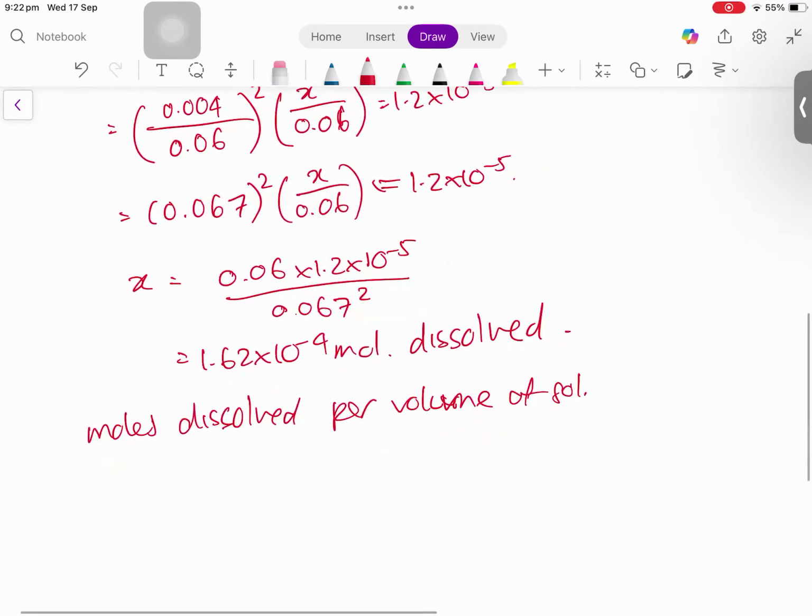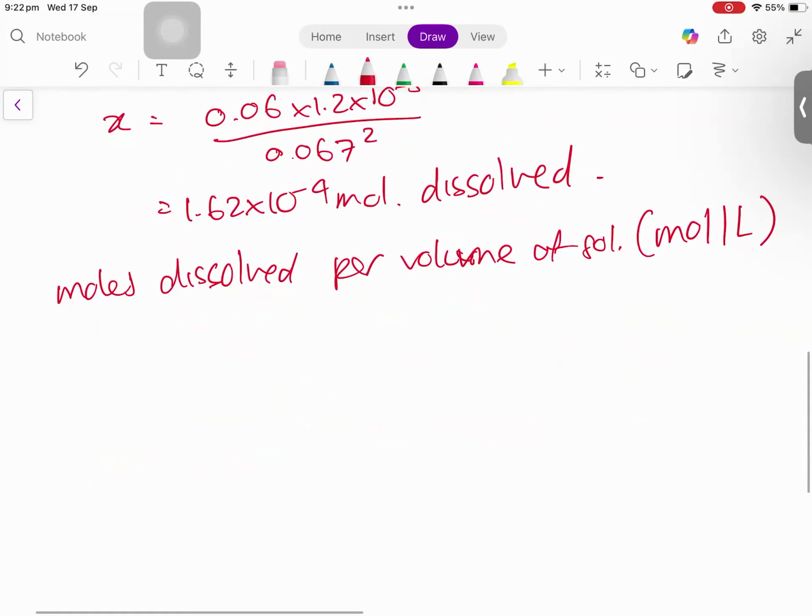Okay, molar solubility is moles per liter. It's not moles. Once you've got an X here, you need to divide it by volume again to get the actual concentration dissolved. So that's the amount dissolved. The concentration dissolved is